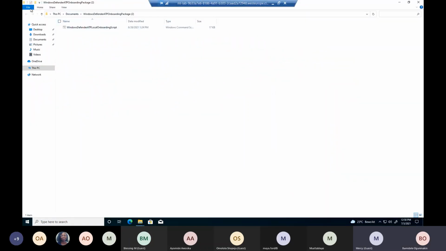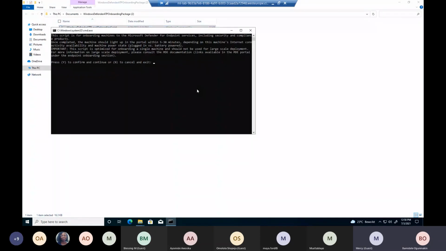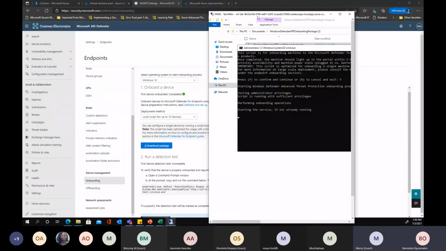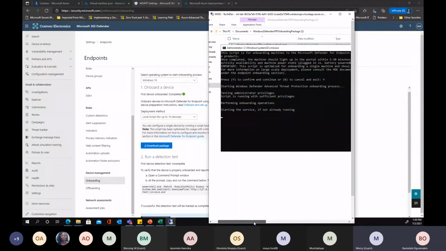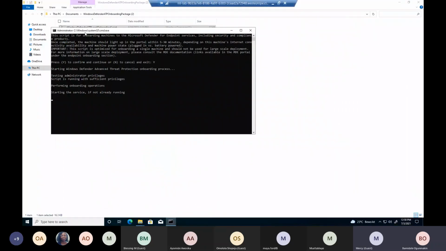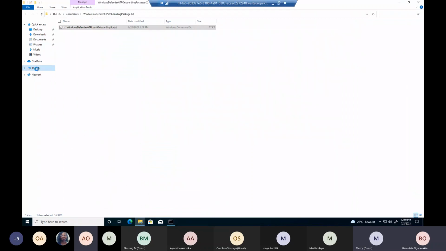And I'm going to run the onboarding package. I will run it by just right-clicking and open, press yes, and that's it. This is going to onboard this device to the Windows Defender for endpoints. Now, how will we know if this machine is onboarded? Remember, the name of this machine is